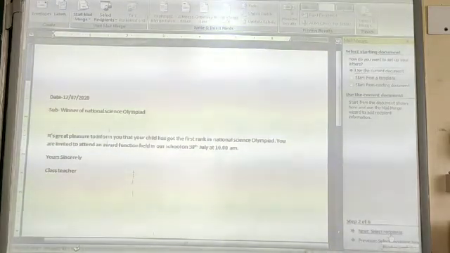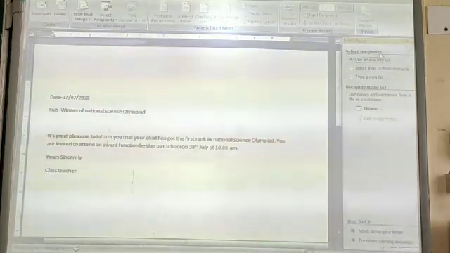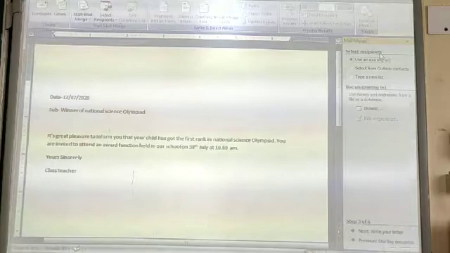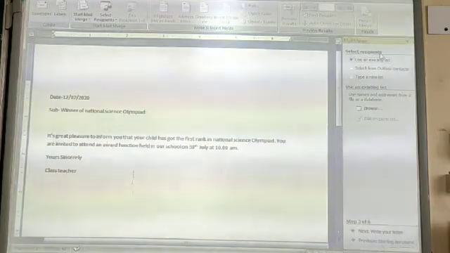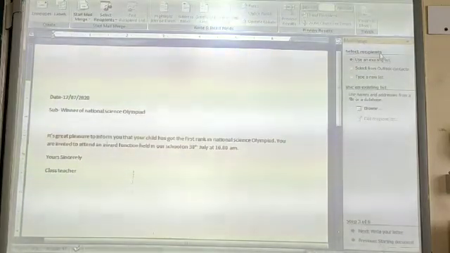The third step, select the recipients. Here there are three options. Either you can use an existing list which is already prepared by you, or second, select from your Outlook contacts. Outlook is the email program installed on your system.